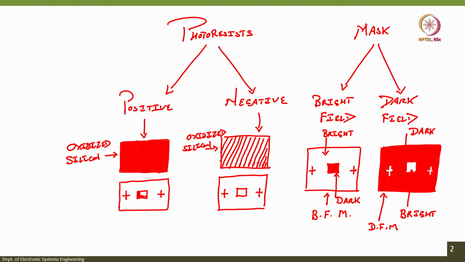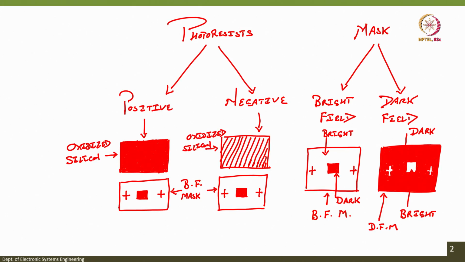You can have several patterns, I am just drawing it for ease of understanding. Okay. So, you have your wafer like this with this pattern. This is your bright field